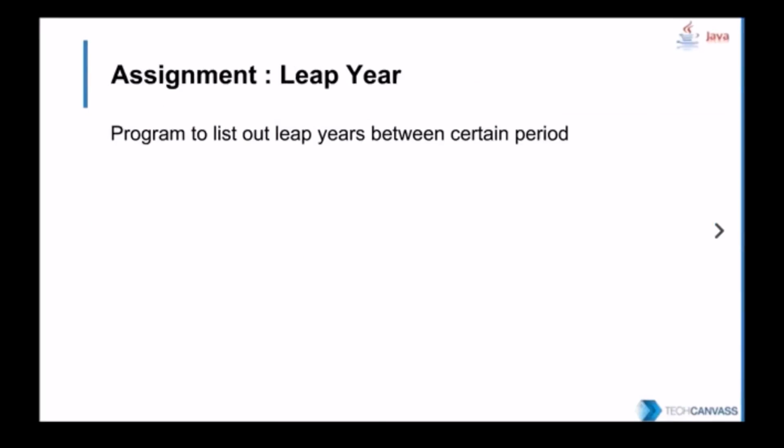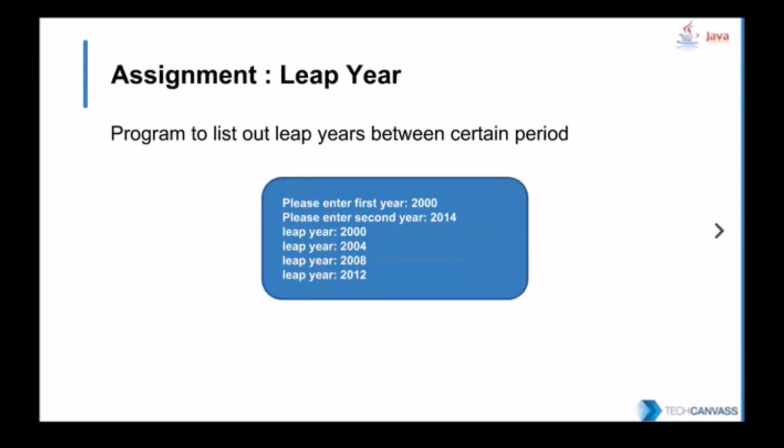Now, a program to list out leap years. So we know that after every 4 years there is a leap year, right? So you can write this program where you will enter a year and a second year, and between those 2 years, whenever there is a leap year, it will be displayed. So you might have to use modulus here. You can divide by 4, and if modulus is 0,